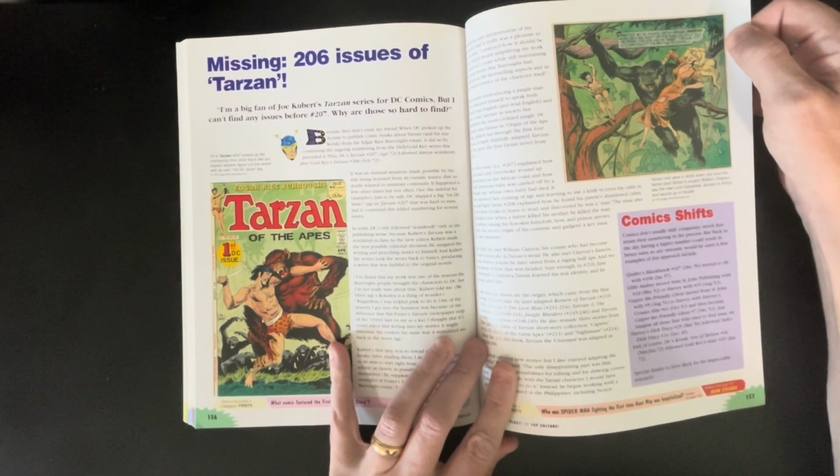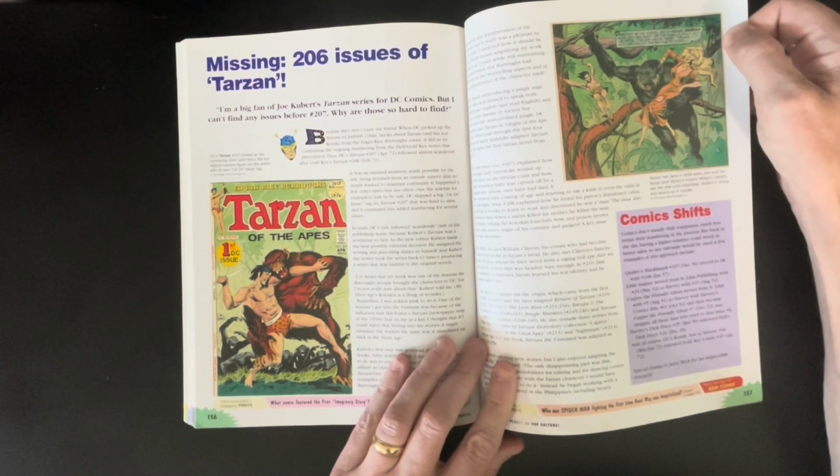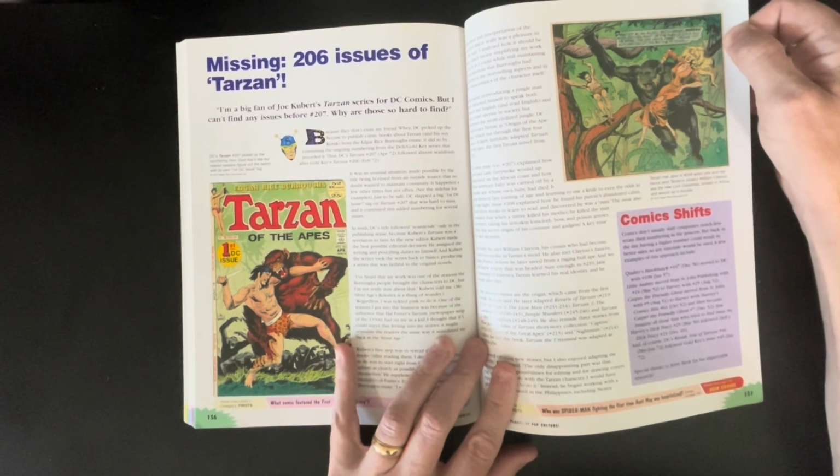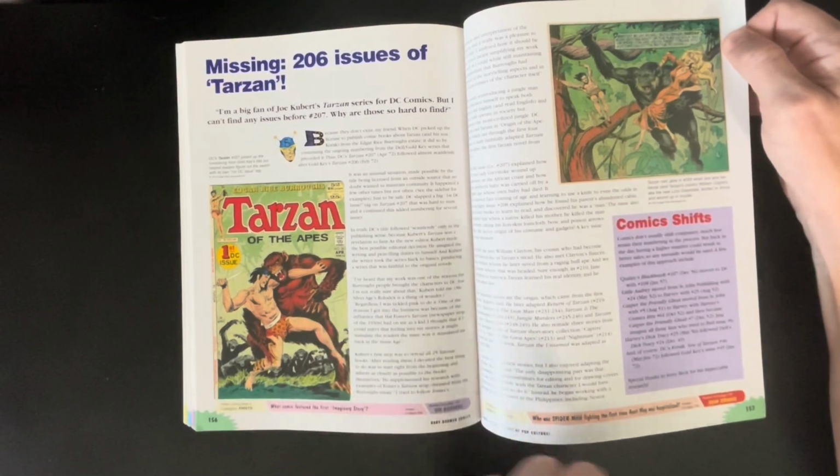You know what I should try and do? I should try to get Tarzan 206, just to say I have the last issue of the Gold Key Dell run. That'd be cool, but I love this. Love Joe Kubert's work. If you know me, you know I love Joe's work. Just gorgeous. I know this is like Joe Jusko's favorite cover